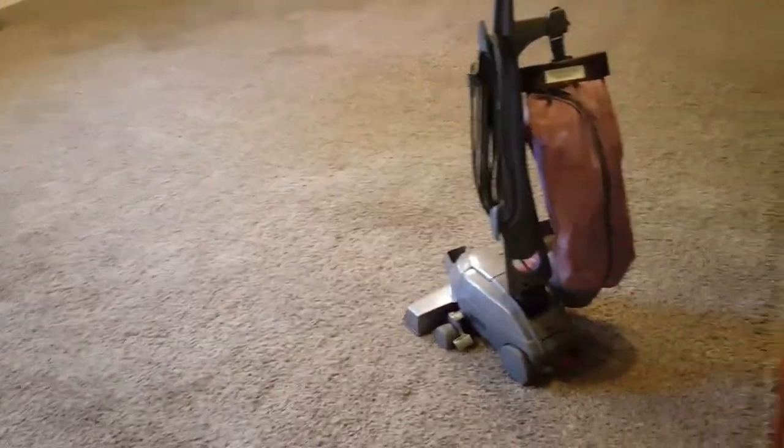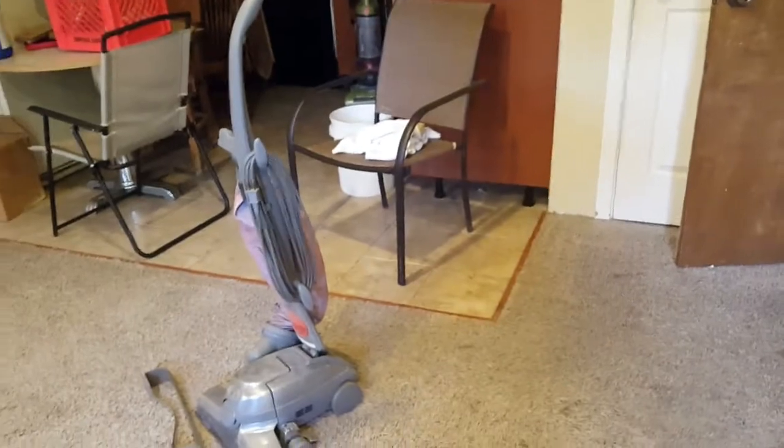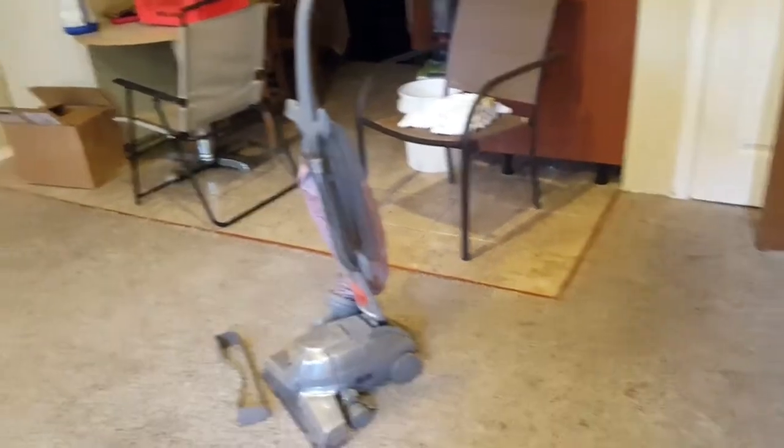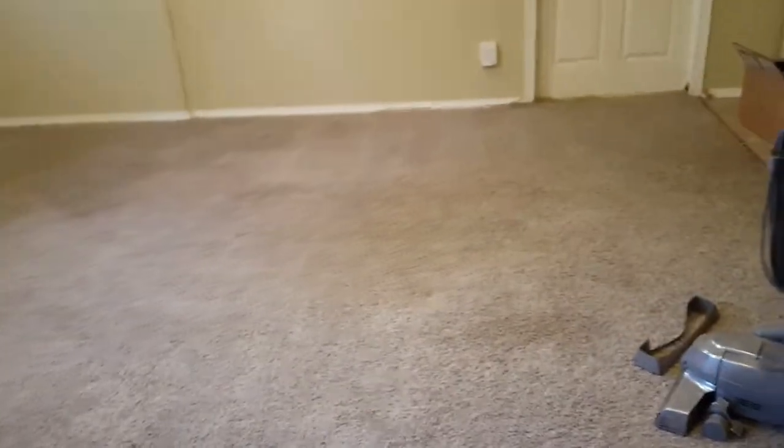And of course it was set to the wrong height. So I readjusted it and went back over all the carpeting, and I would say I pulled out another equivalent of a Kirby bag going through all the rooms and the hallways again. So the Kirby picked up about 3 bags, and then the Hoover probably picked up an additional bag going back over. So the Kirby obviously is 3 times more effective,